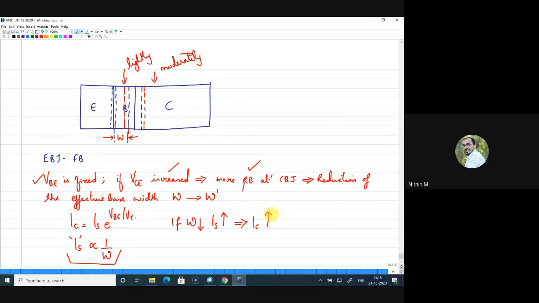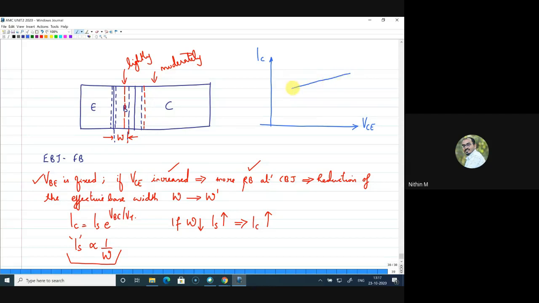Right. So what am I explaining here? So initially I assumed that there was no dependency on VCE. IC was not dependent on VCE. IC was assumed as constant. But now we understood that as we keep on increasing VCE, the depletion region width will widen. That will reduce the effective base width. That in turn will affect IS. IS will increase. If IS is increasing, IC will definitely increase. So that can be observed as an increase in collector current in this form.